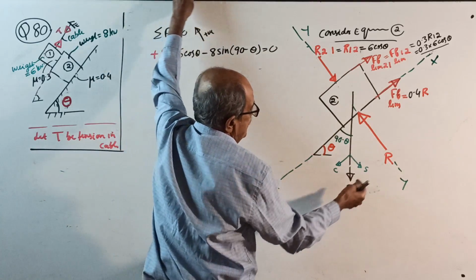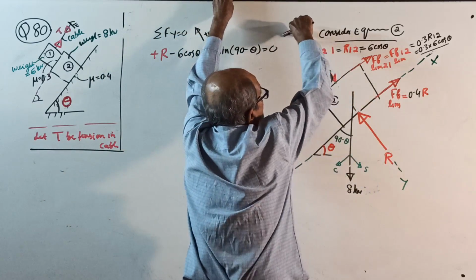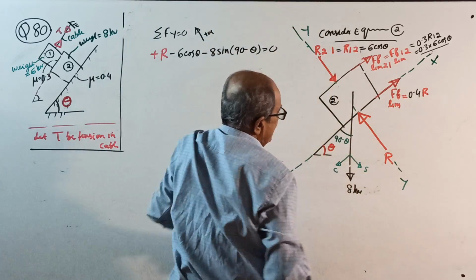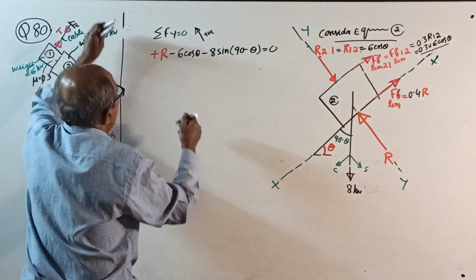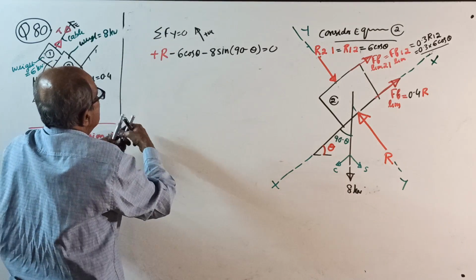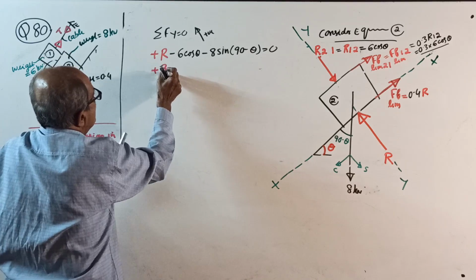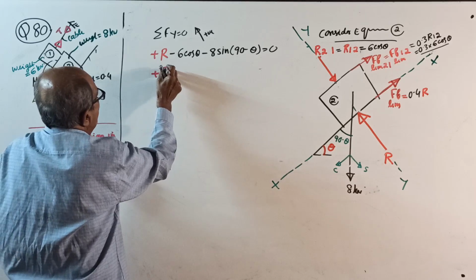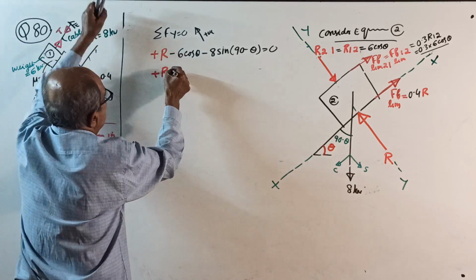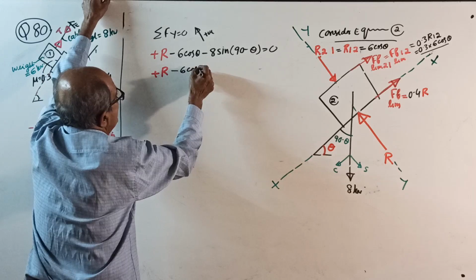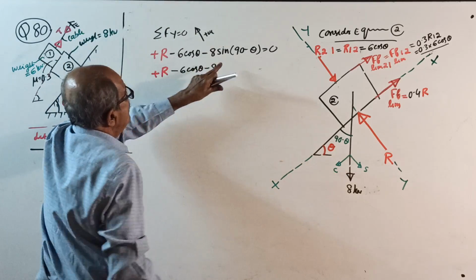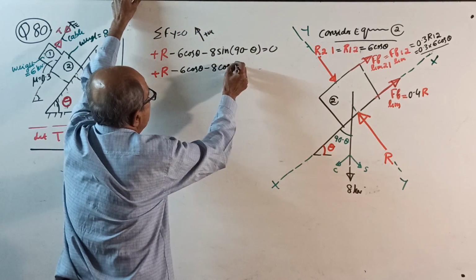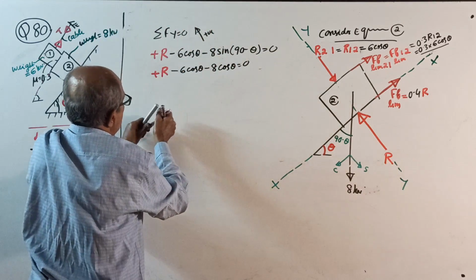See, plus R minus 6 cos theta is directly along Y. This component, minus 8 sine 90 minus theta, equals 0. So plus R minus 6 cos theta minus 8 into sine 90 minus theta, which is cos theta, 8 cos theta, equal to 0. Your R will come